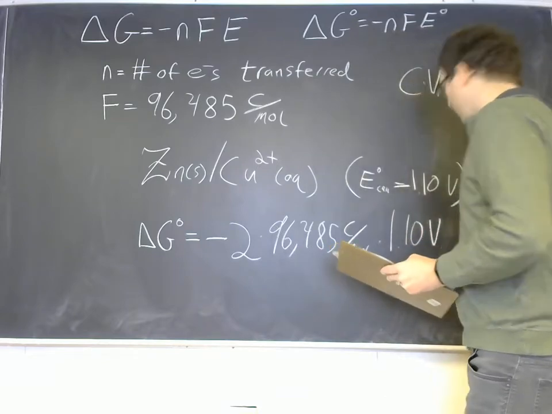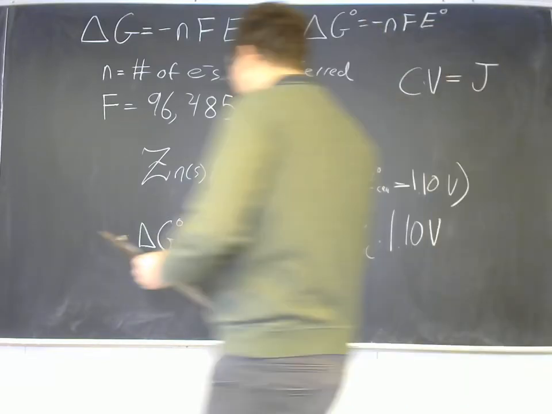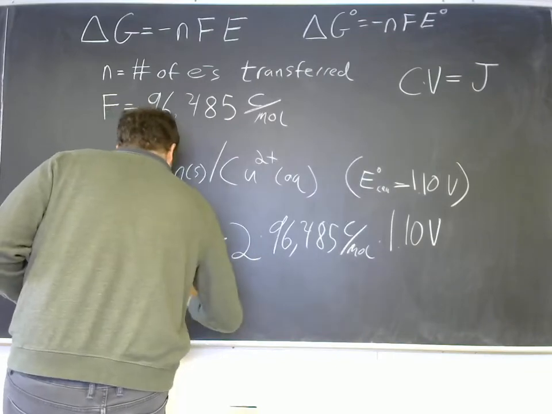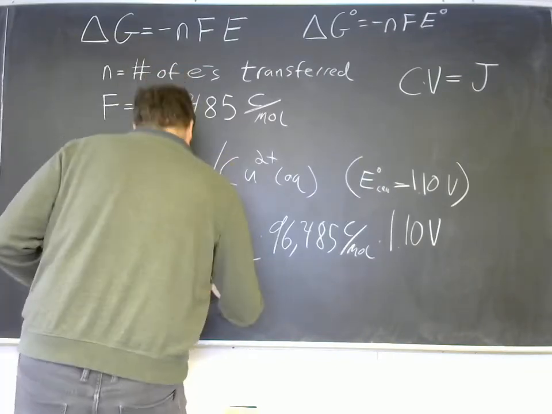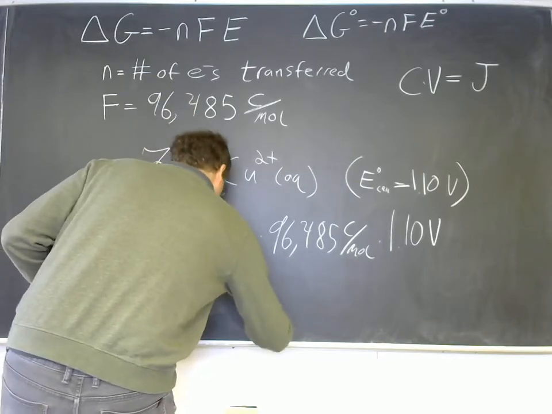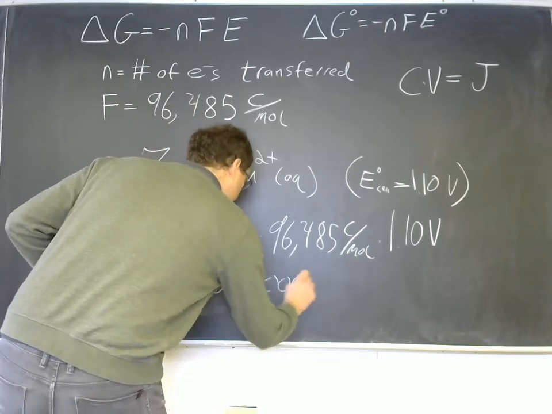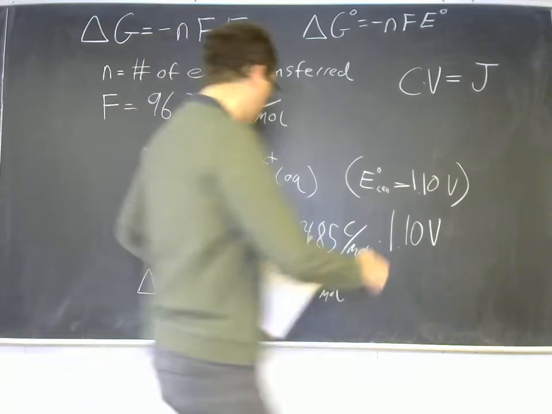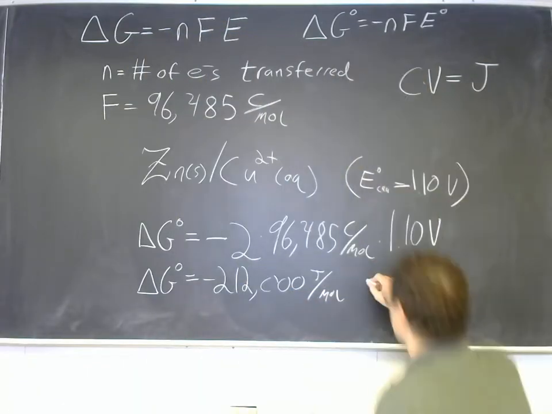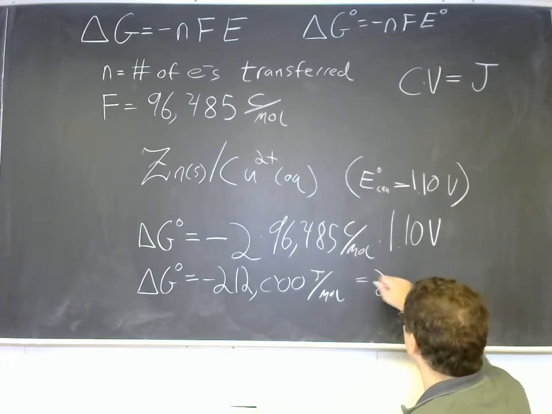And that is going to give you a delta G naught equal to negative 212,000 joules per mole. Or usually we express this in kilojoules, so negative 212 kilojoules